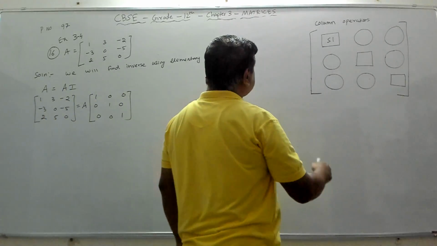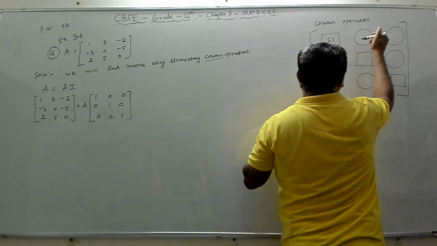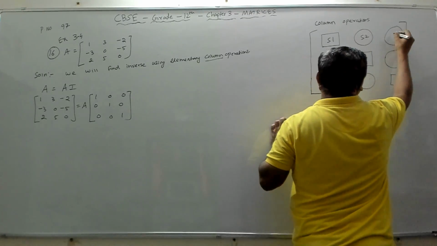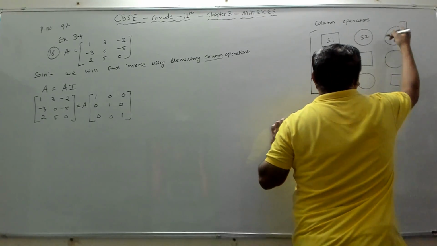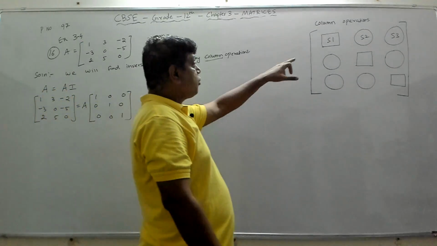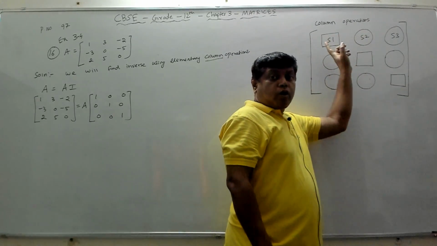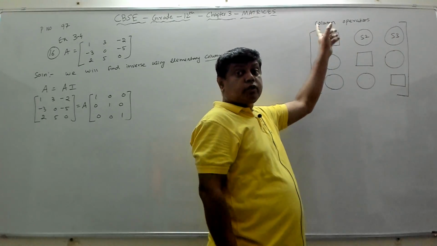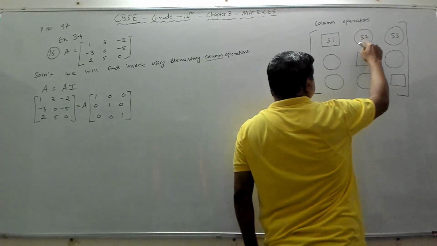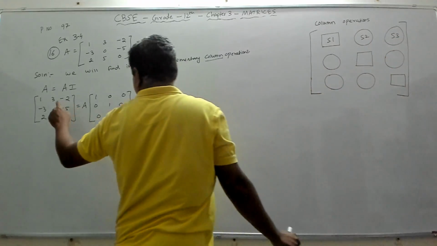The second step is that the remaining elements of that row should become 0. So S2 will make this 0, and this element is your step 3, which you also make 0. The circle means 0. After making the first element 1, when you apply the column operation, the remaining elements in that row should become 0. The second step is to make this element 0, and the third step is to make this element 0.